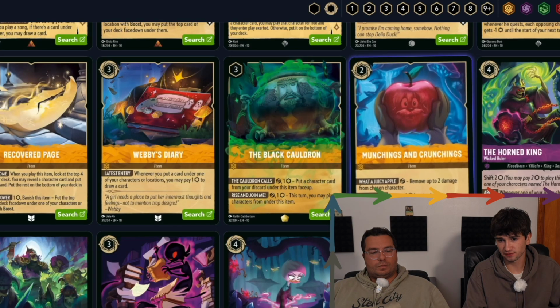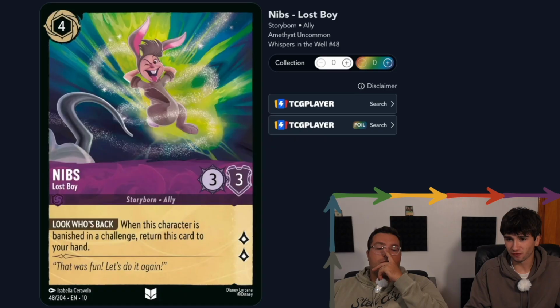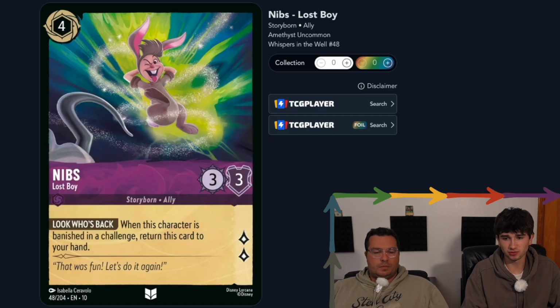Next we have Nibs, Lost Boy, a 4-cost inkable 3/3 that quests for 2. When this character is banished in a challenge, return this card back to your hand. Pretty basic, but sometimes